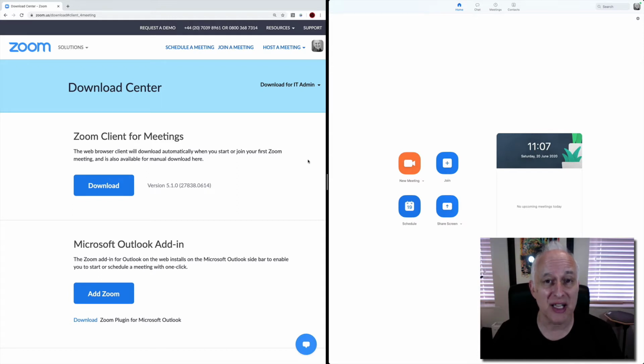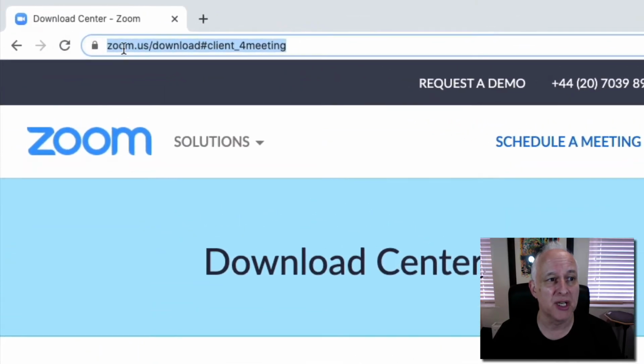So the first thing that you will need to do, if you haven't already got Zoom downloaded onto your computer or onto your mobile device, is to go to the client page, which is here at the top, zoom.us/download#client_for meeting. So it's a long URL, but it's on the page above. So just click on it. You will be taken to this page, and then you can download the application onto your computer or indeed go